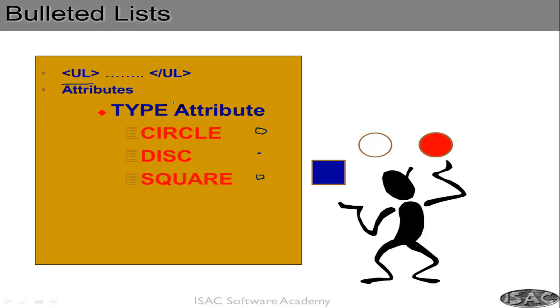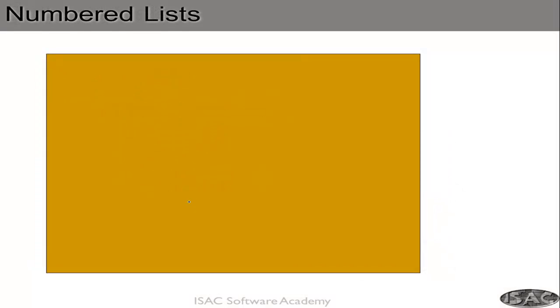So the type attribute is for the type of bullet points. Okay. So what it does is circle, disc and square. Now next if you go,